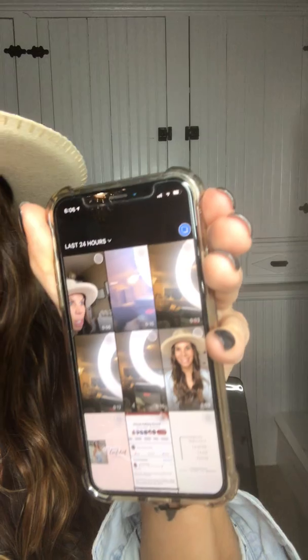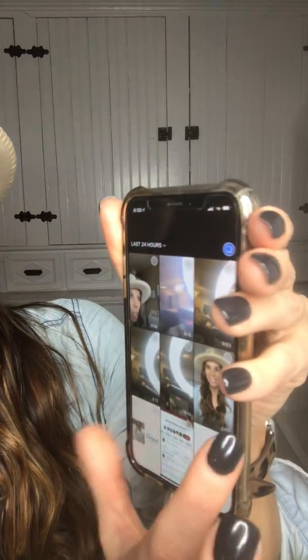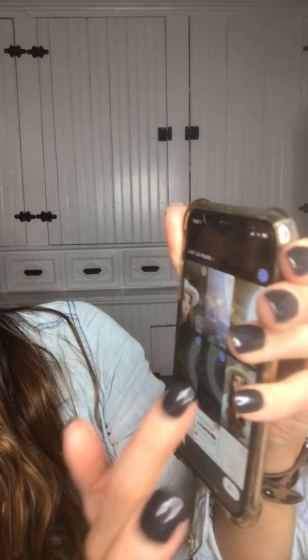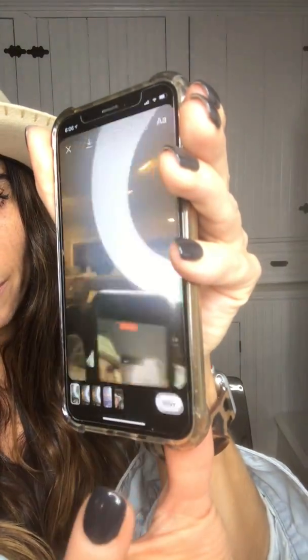You wanna click this little button up here, and what this does is it allows you to select multiple pictures at once. So I'm gonna go ahead and click this, and then this, this, this, this. So I'm gonna go kind of backwards. And now I'm gonna go down here and hit next, okay? So from here, each 15-second segment is gonna be right here. And from this space, now I can go up to the top,